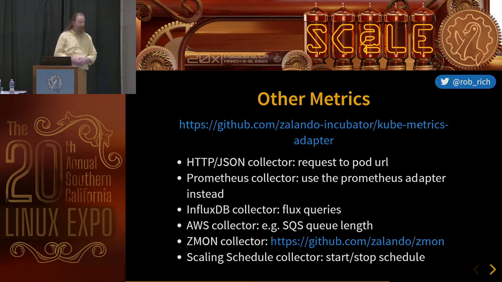If this is a dev or test server, and we only work from Monday to Friday, 9 to 5, do we need to run it overnight or on the weekends? Now that's kind of weird because we want to auto-scale based on load, and this is a schedule. But maybe that's perfect. If we're only running from Monday to Friday, 9 to 5, we're only running a third of the time. In theory, our cloud bill now ought to go down by 2/3 just because we're not consuming those resources except for during business hours.